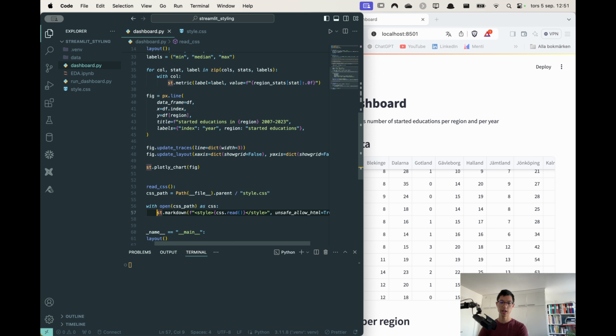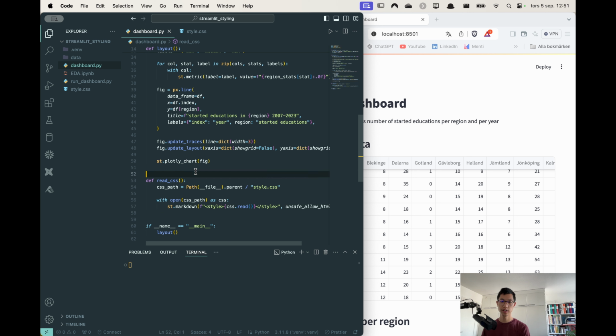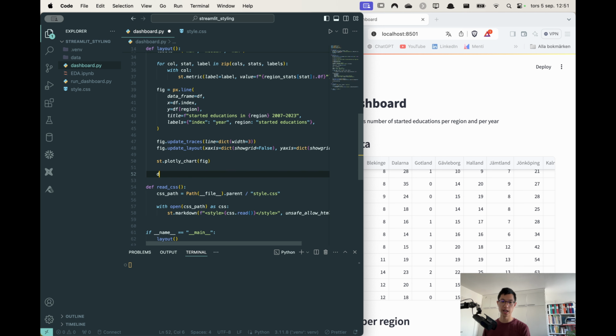So in this way, we have a read CSS function, and I will add this into the layout. So read CSS like this. So now in the layout, we will also have the CSS, the styling, basically. So let's do it like this. We go into the style,